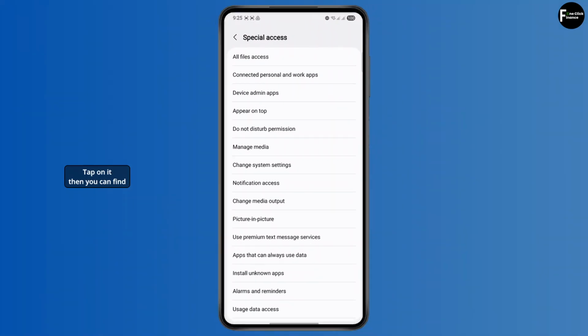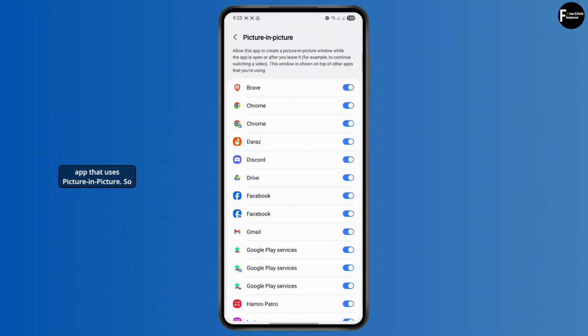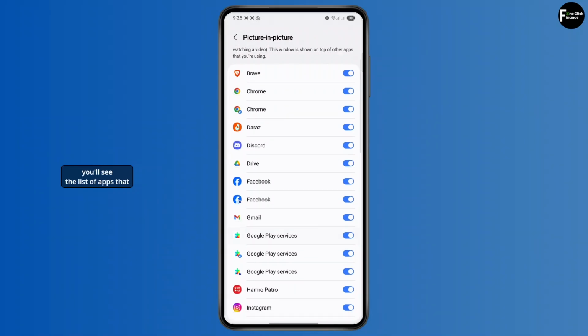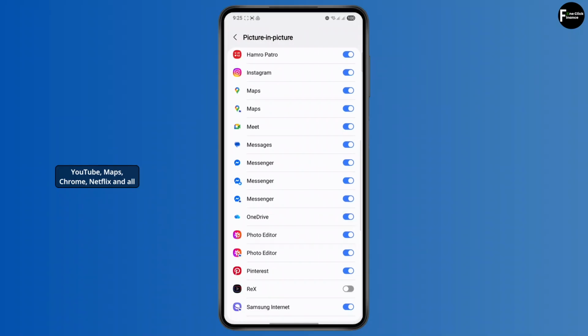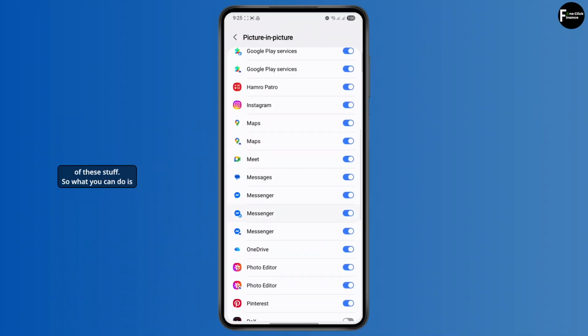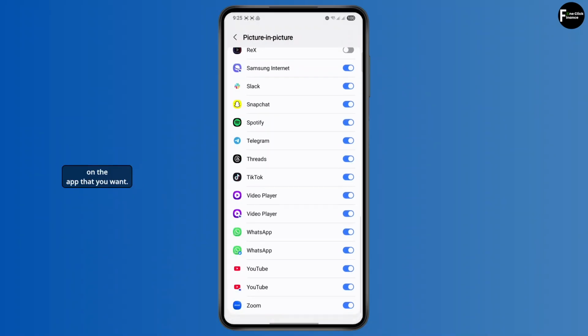Tap on it, then you can find picture in picture over here. Tap on picture in picture and find the app that uses picture in picture. So you'll see a list of apps that support PiP, including YouTube, Maps, Chrome, Netflix, and all of these stuff. So what you can do is simply go ahead and make sure you allow picture in picture on the app